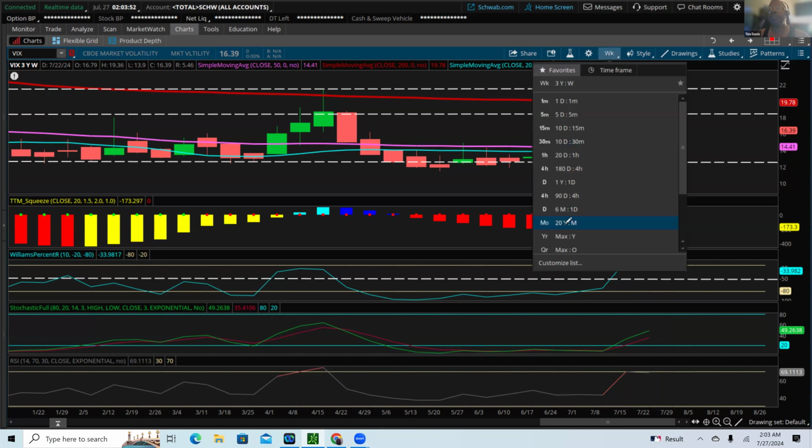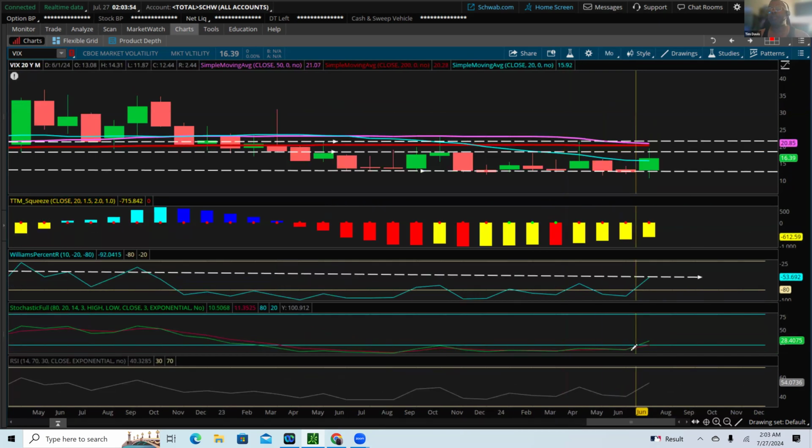Looking at this bigger picture again, this is a monthly chart. Look at the stochastics just starting to show on a monthly chart. VIX is coming out of oversold territory, starting to show a buy signal. Look at the RSI turning up on a monthly chart. Williams percentage again, told you how it's turning up. So, folks, I think the next couple of months could be,